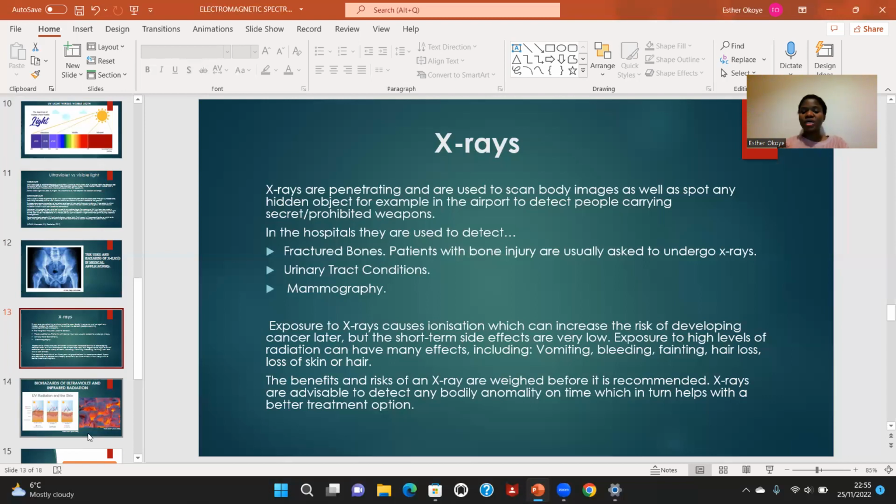Okay, the benefits and risk of X-rays are weighed before it is recommended. X-rays are advisable to detect any bodily abnormality on time, which in turn helps with a better treatment. Okay,